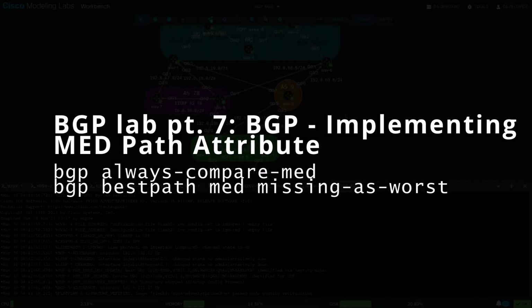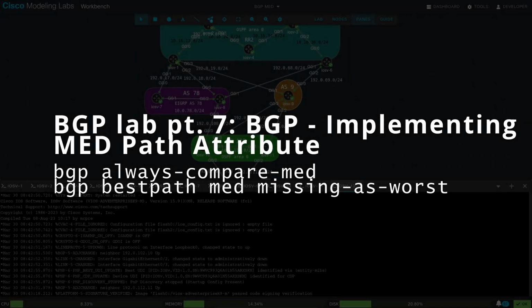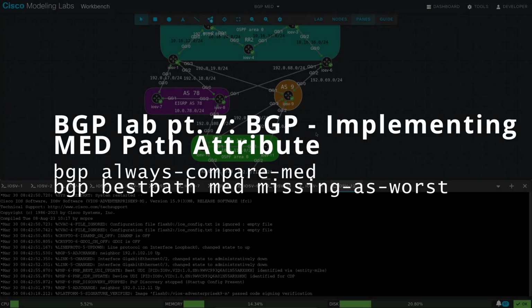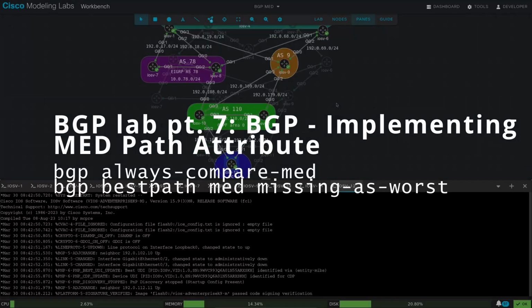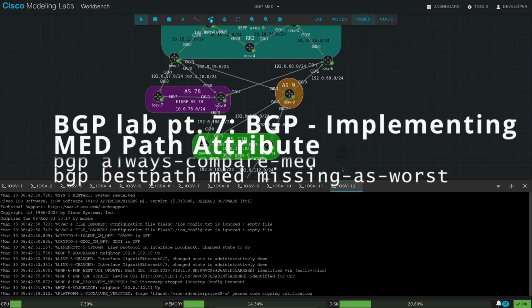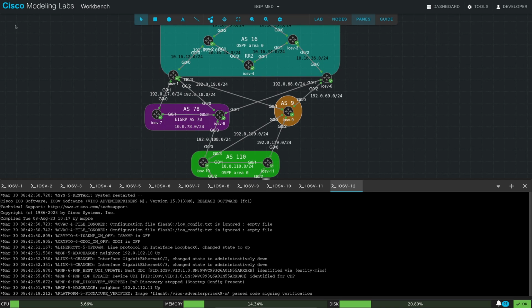In this lab, we will be configuring BGP's MED attribute. This is the topology which you can see on the screen. And this time we will be using CML, Cisco Modeling Labs. And our goal is to get to